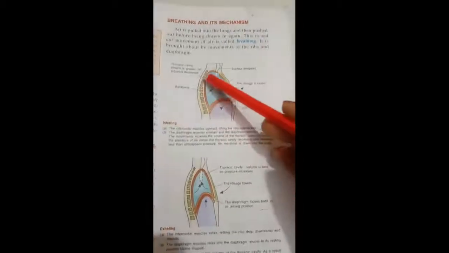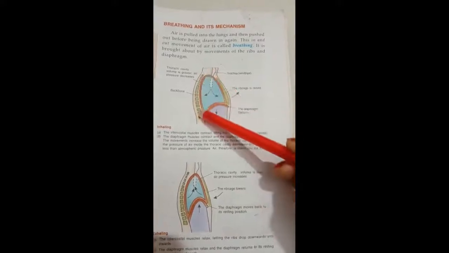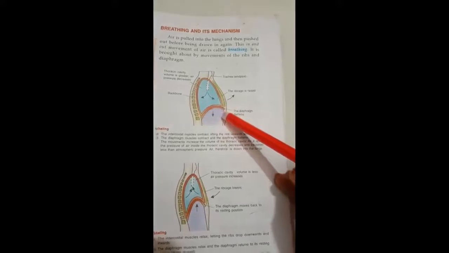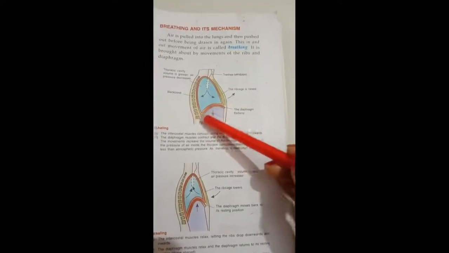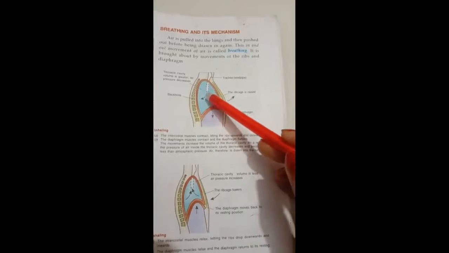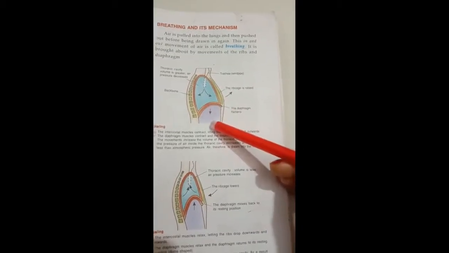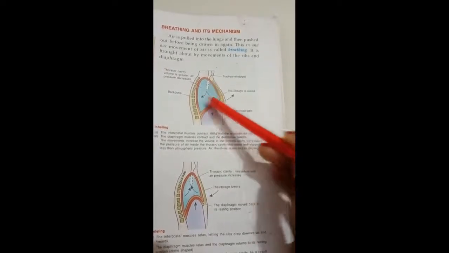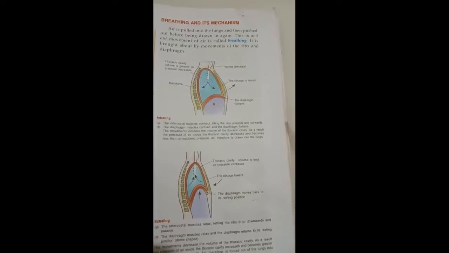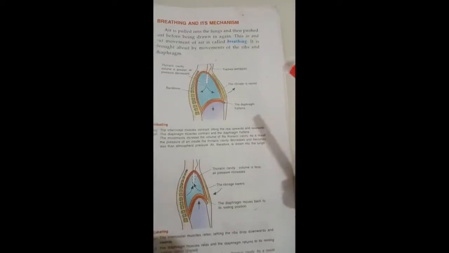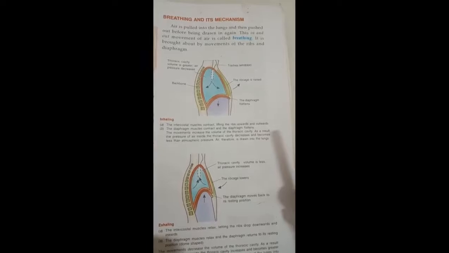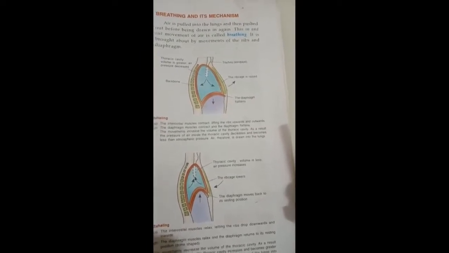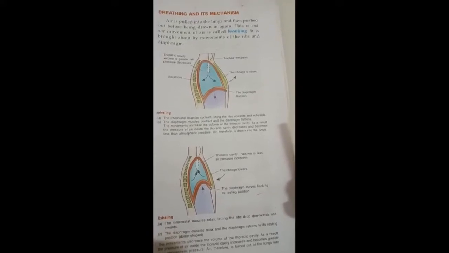Now students, this is the backbone. Side picture, it is the backbone. This is the muscular sheet that is known as the diaphragm, which actually separates our chest cavity or thoracic cavity from the abdominal cavity, and the ribs are in front, the rib cage, like that ribs are present. And one term is there, that is the intercostal muscles. Intercostal muscles are present in between the ribs, which help to move the ribs or rib cage.